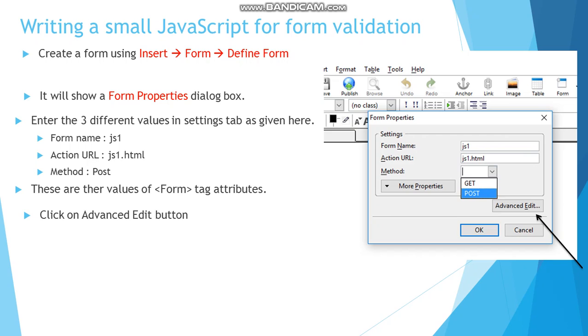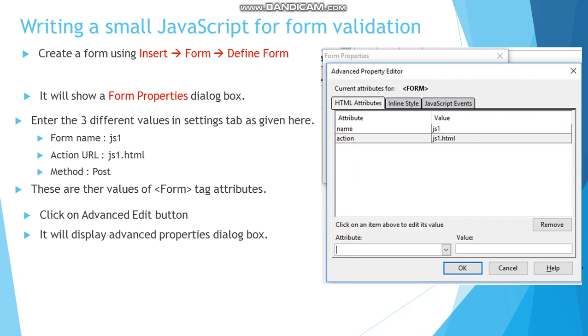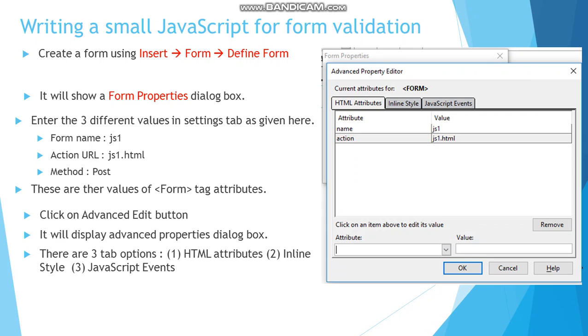Now click on the advanced edit option. Here we are not to click on OK. Before that, click on the advanced edit option. When you click on the advanced edit option, it will display the advanced properties dialog box. Here you can see there are three different tabs given. First is HTML attributes, second is inline style, and third is JavaScript events.